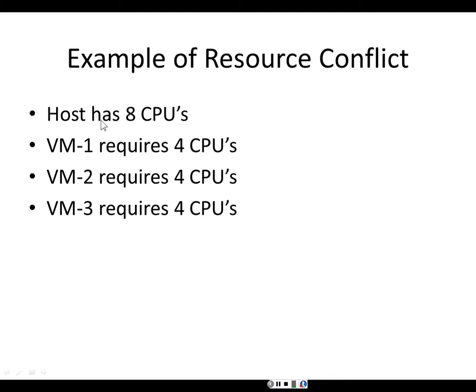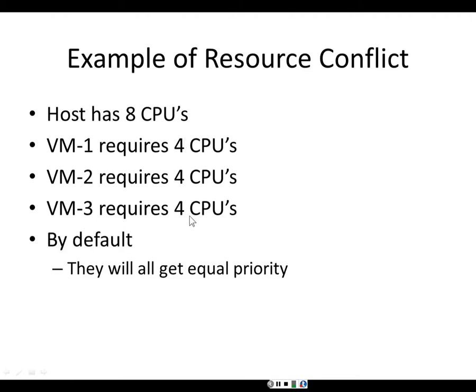In this example, the host has 8 CPUs, but I have 3 virtual machines, and each virtual machine has been assigned 4 CPUs. Now, by default, they will all get equal priority, and that's the job of the hypervisor, to